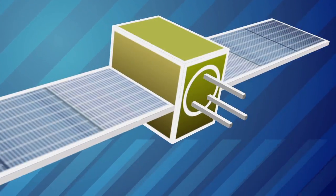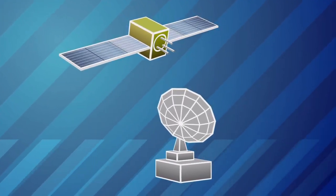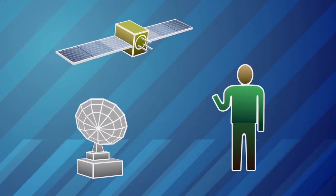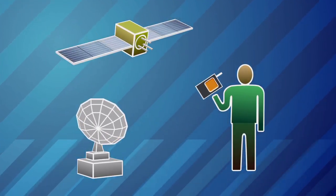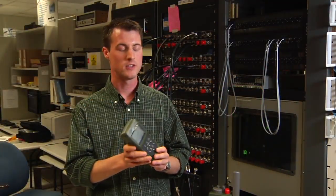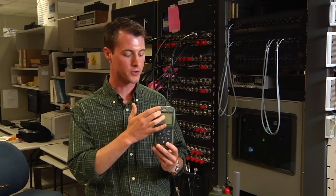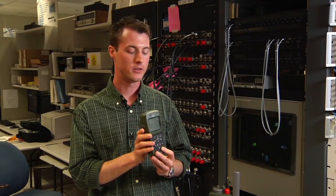The GPS system of satellites and control stations was created by the Department of Defense. Everyone in the world can use it for free. All you need is a receiver. This is an example of a receiver that the military uses, and you can see that it's got a screen and it's got some buttons here. It's a very simple interface, and this allows you to connect to the signals from the satellites that are up